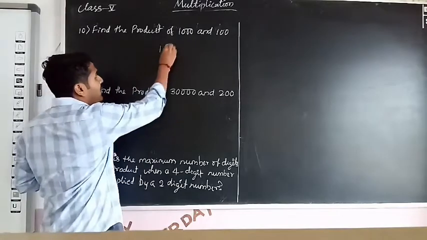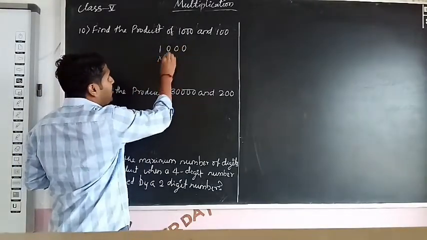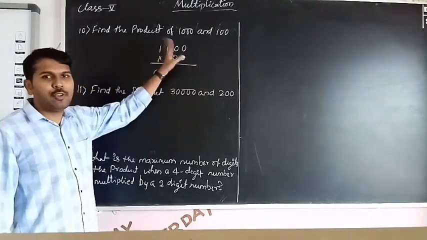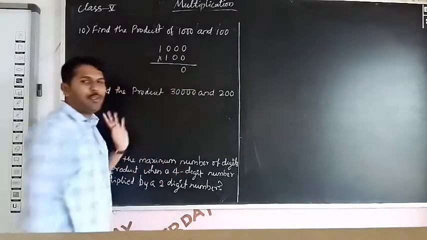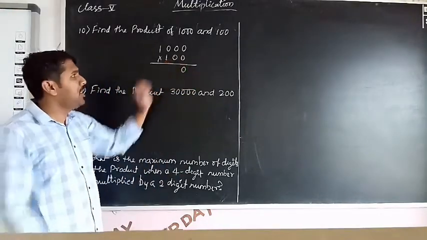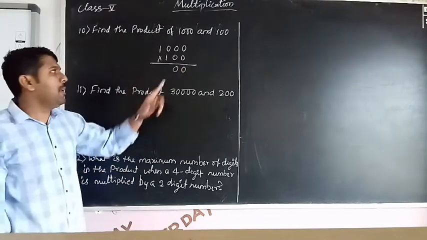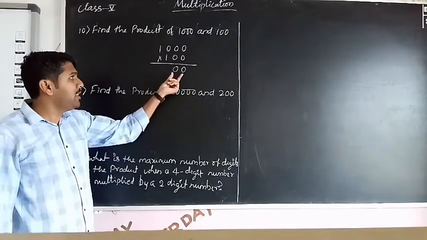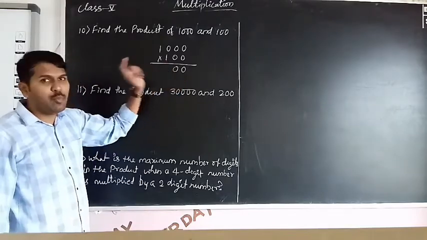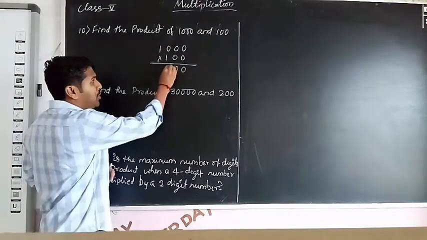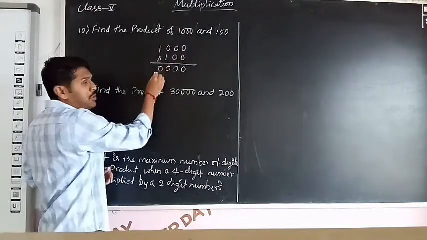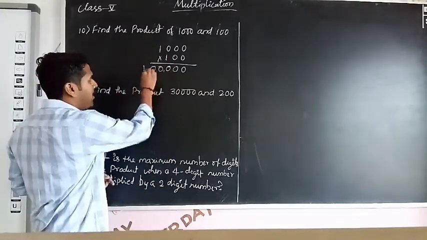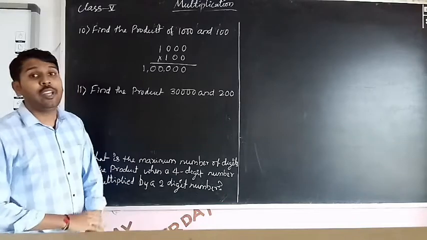So how to multiply this one? So write down that one. 1000 into 100. Okay, so here 0 is there. So don't multiply 0 to all the numbers. So take 1 0 only. So again 0 is there. So again take 0. So now multiply from 1. Why? Because if you multiply you will get again 0 only. So don't write it, just write down the 2 zeros. Next multiply from 1. 1 into 0, 0. 1 into 0, 0. 1 into 0, 0. 1 into 1, 1. 1 only. So what is the answer? 1 lakh.